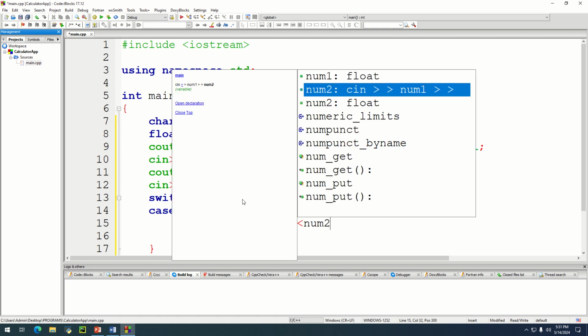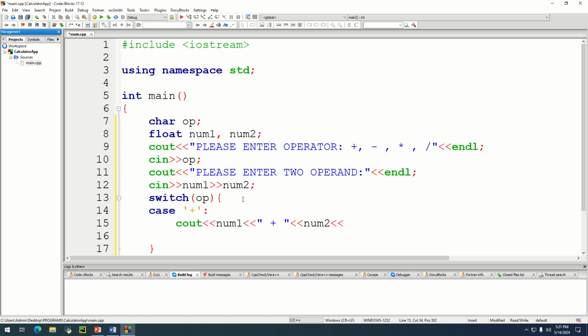We just want to print this out to the user. Num1 plus num2 is equal to, let's give the equal sign, just creating space so that it will be clear. So num1 plus num2 is equal to